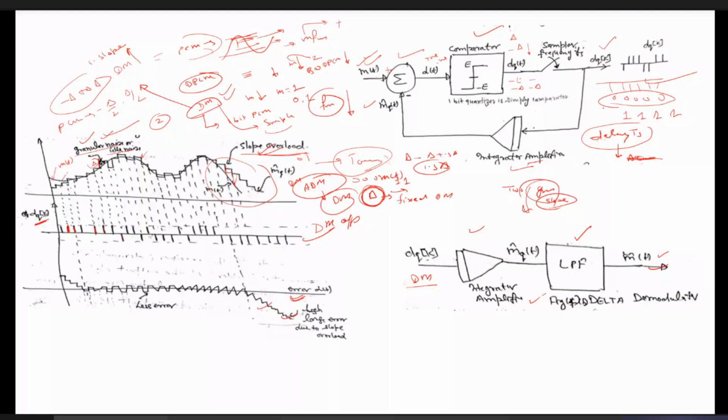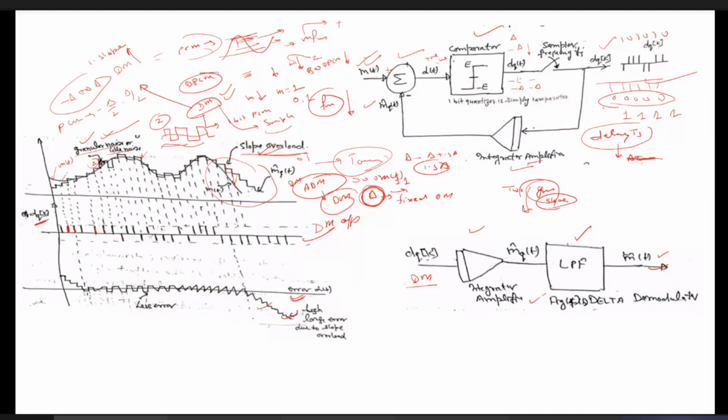This delta step size becomes adaptive to the message signal, and this step size in the adaptive delta modulation is not constant. And in the case of granular noise, what happens? We will see later on that in the case of granular noise, if there is a very small variation of the message signal, what happens? This will go plus delta, then again minus delta, plus delta, minus delta, plus delta, minus delta. Then what will happen? We will receive the alternating 1010. In the case of granular noise, the output of the delta modulation is 101010.